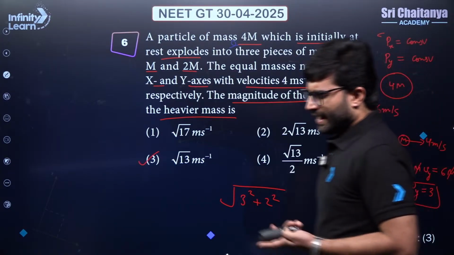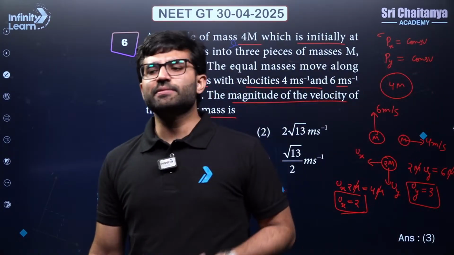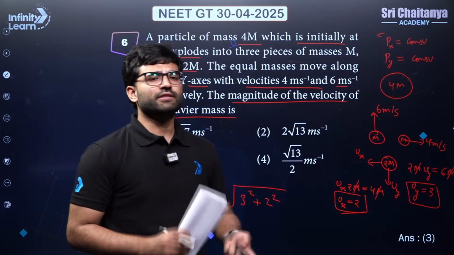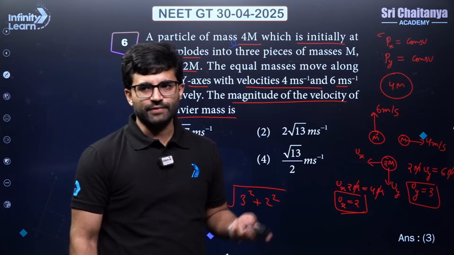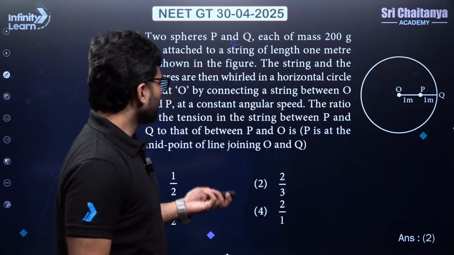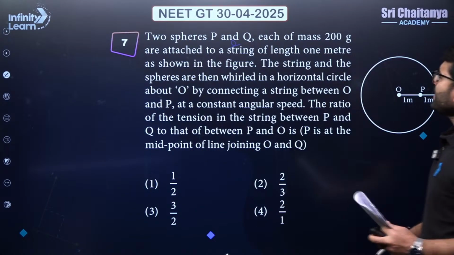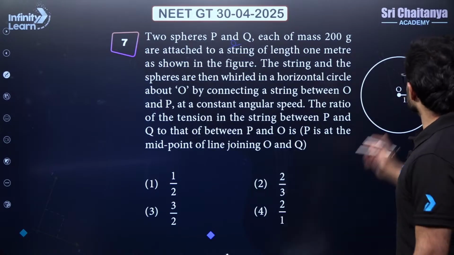So in explosion questions, you have to understand that momentum is conserved along the x direction also, along the y direction also, and by momentum conservation you solve most of the questions. Is that very, very clear? Let's move ahead. Now, two spheres P and Q, each of mass 200 grams, so this is 200, this is 200, okay,